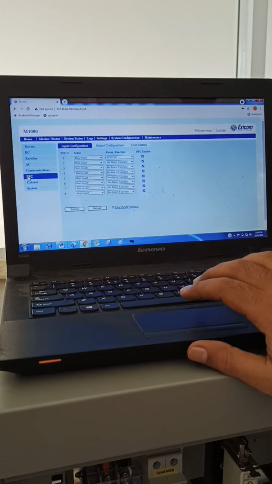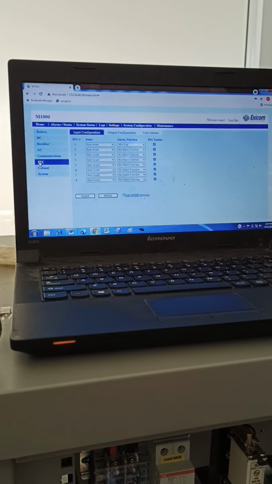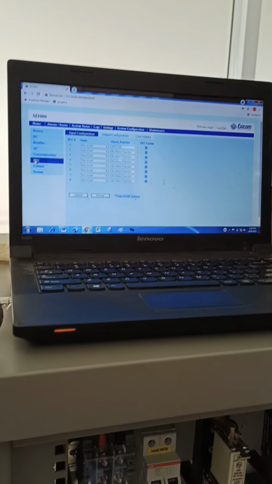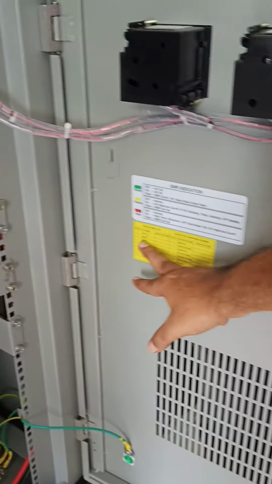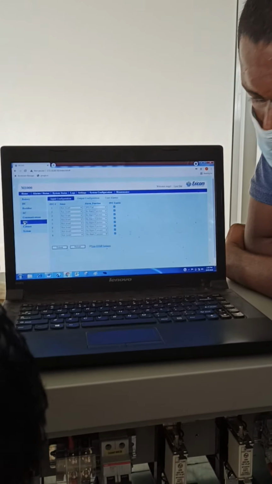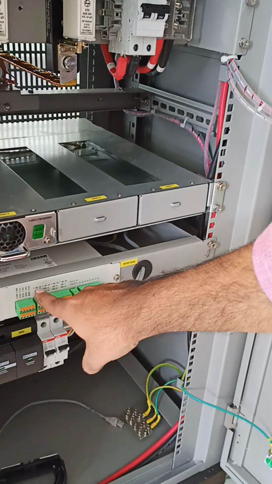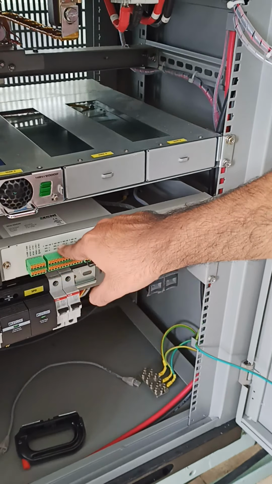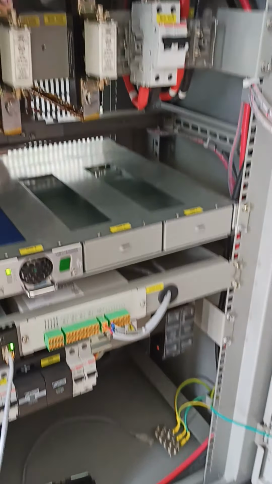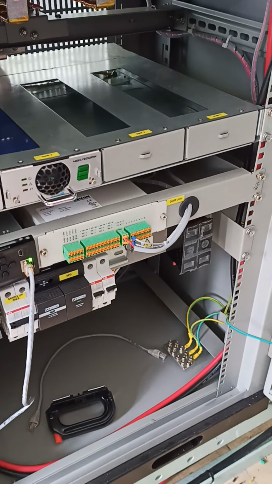PFC. This is the PFC alarm. Output alarm, we will see here. This is the output alarm. Next page is the input. If the customer is asking to show whether mains is available or not, so mains okay, mains fail, this is one number. We can see that one number. That is the PFC: 1 up, 2 down, 3 up, 4 down, like that. You're getting only NO in common, or NC also? Both are NO and NC.